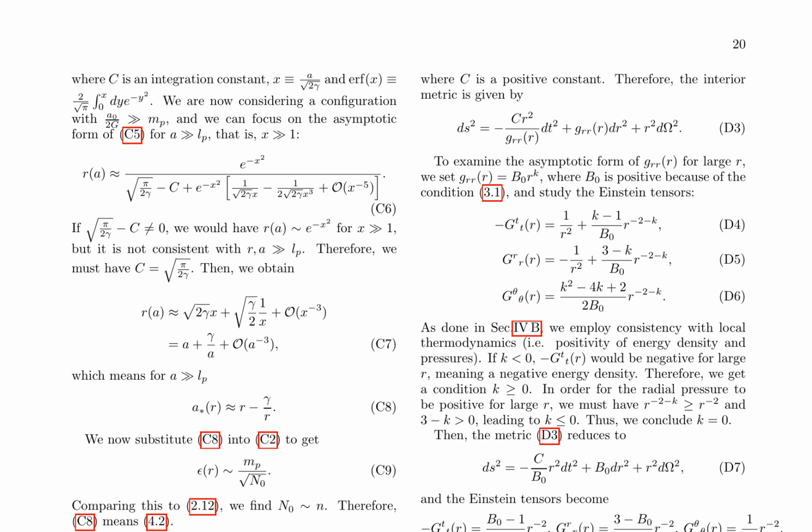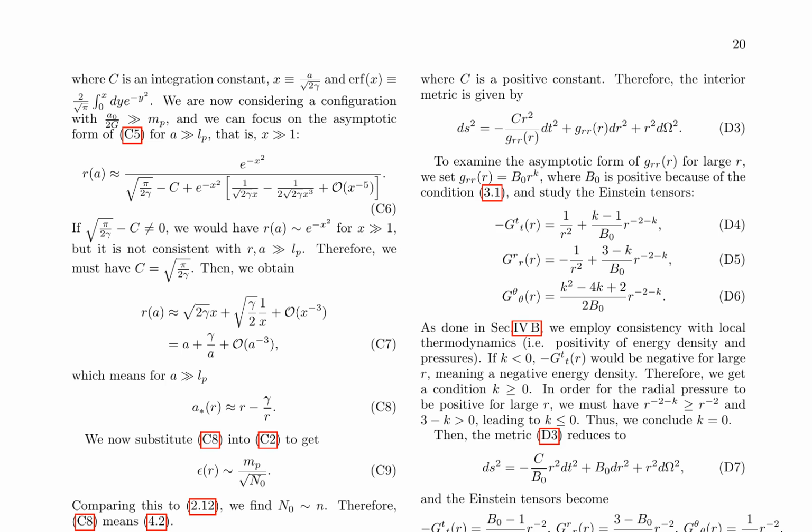The analysis of Tolman's law and its implications for the maximum entropy principle in the context of gravity condensates is a crucial section of the research paper. It begins with the discussion of the asymptotic form of the function r(A) for large A, which is essential in understanding the relationship between the radial coordinate and the area radius. The authors derive an expression for r(A) that depends on the parameter gamma, related to the maximum excitation energy